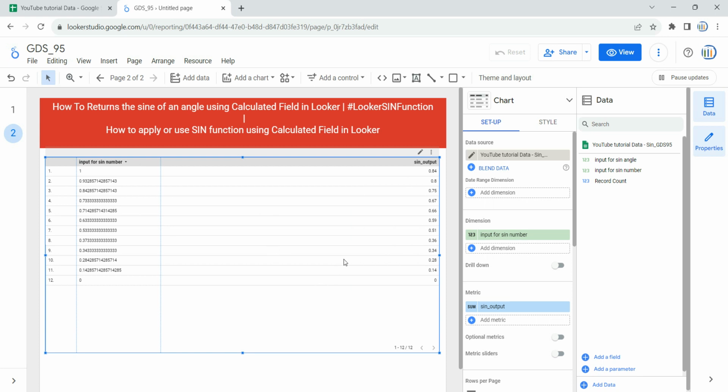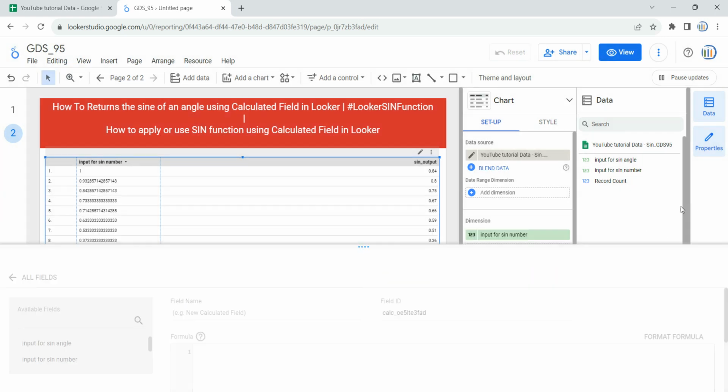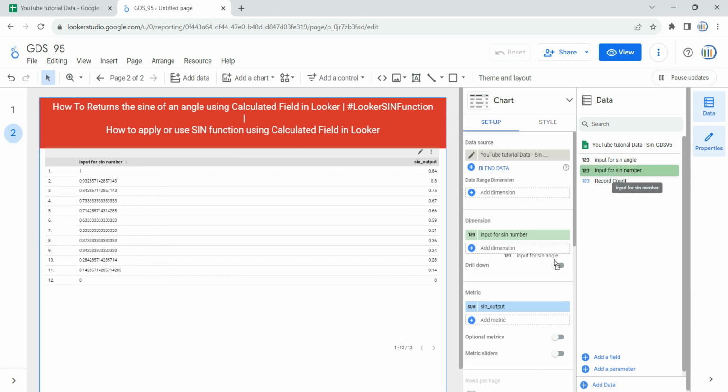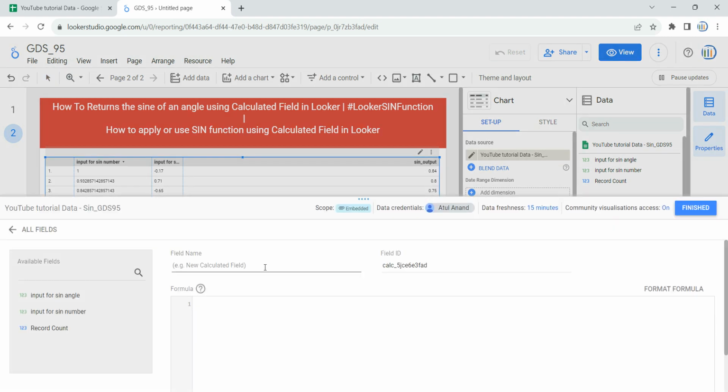Now the other way of using the sine function with the calculated field is to create a calculated field in your data, and to do that you have to come over here in your data section and click on add field. But before that, let me add this input for sine angle as a dimension, because we are going to use this input for sine angle as our argument for the new calculated field. So in order to create a new calculated field in your data section, you have to click on add a field. Then you have to give the name. So my output column name will be sine angle output,